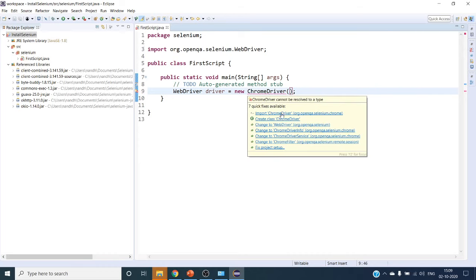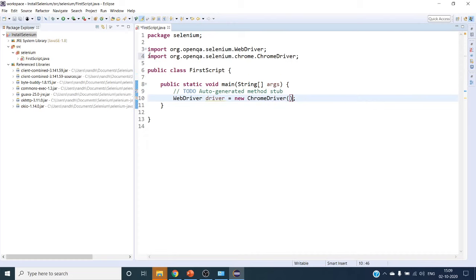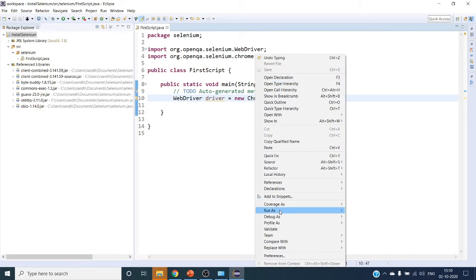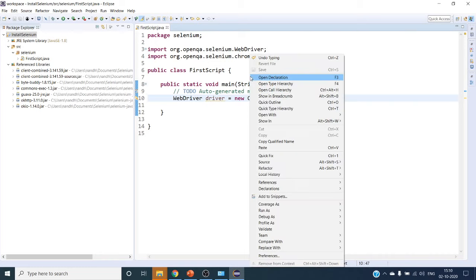You can see this is coming from org.openqa.selenium.chrome, so this also has been imported. This particular line will launch your browser, and it will not navigate to any particular URL. Let's see how it is launching. It will launch an empty instance of your original browser.